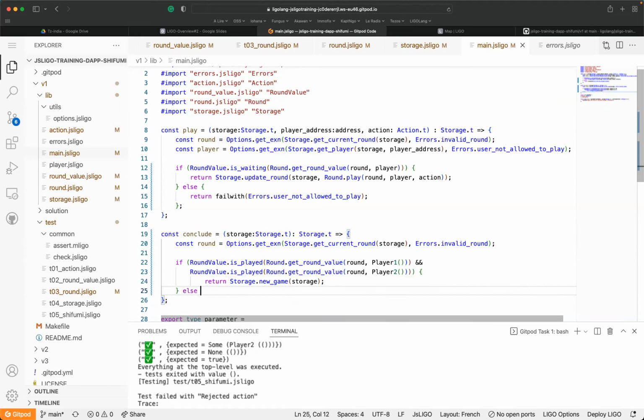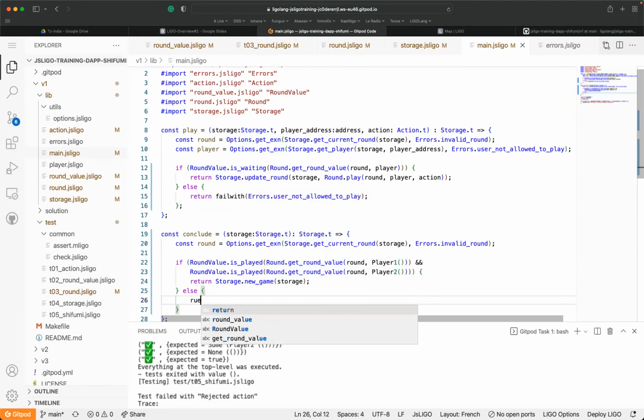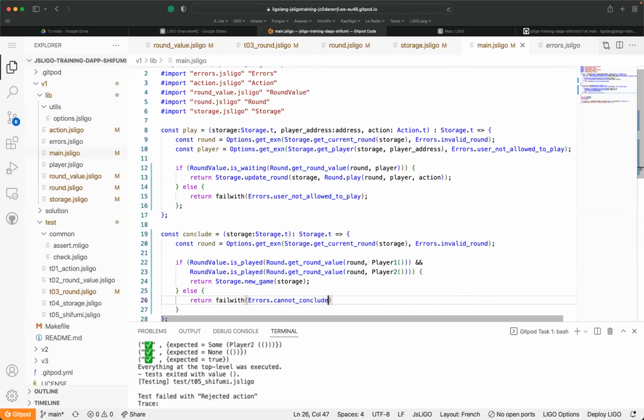Otherwise, I should return an error right now. So once again, I can say I return the same storage and that's all. Or I can do something much stronger, which is to fail with an error which states, okay, I cannot conclude.